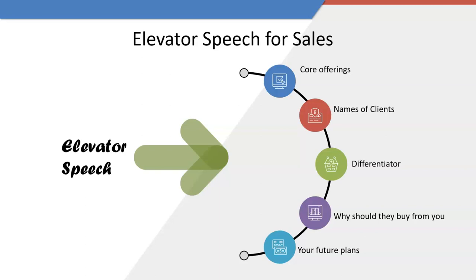The other point I want to highlight is, if you can talk about your future plans as part of your elevator speech, I feel it gives a lot of confidence to the other person. When will you talk about your future plans? You will talk about your future plans only when you are confident about your present, right? It shows that you are not desperate for the sale. You may be desperate inside, but don't show that desperation. When you talk about your future plans, you convey that confidence. Remember, life is a confidence game. If you can communicate that confidence, you will win.